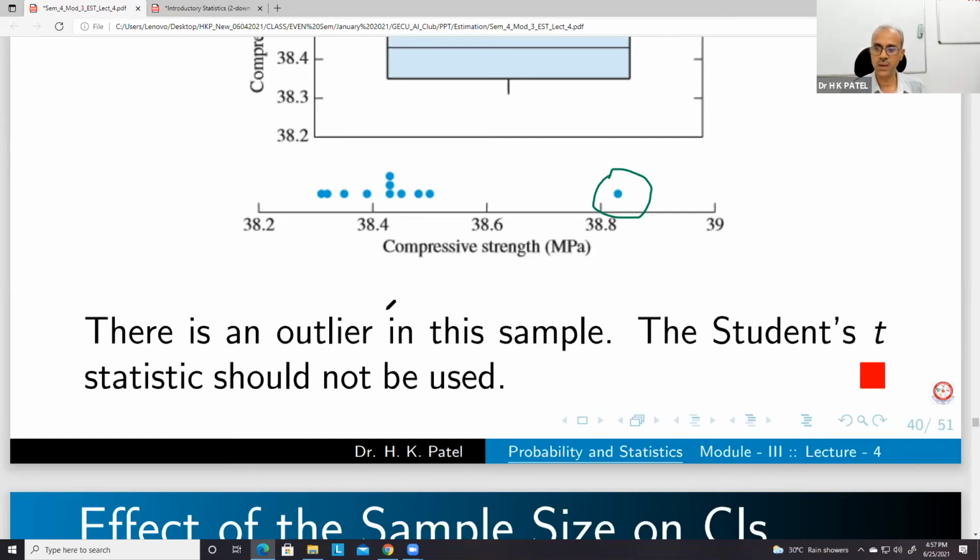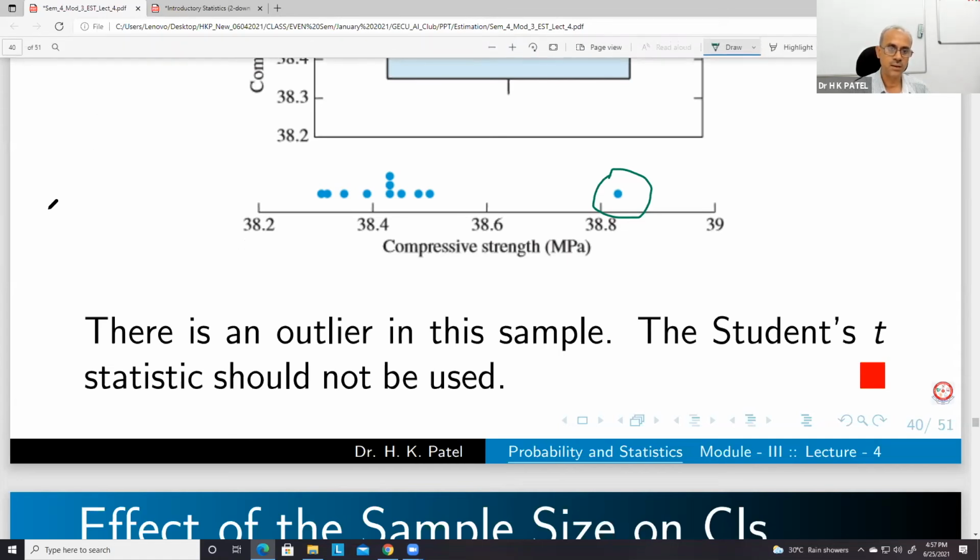This is for the mean. So what we have seen is this: this is mu, and we have obtained two values here, which are equal in length from mu, this value and this value. So now we will see the effect of sample size on the length of the confidence interval.